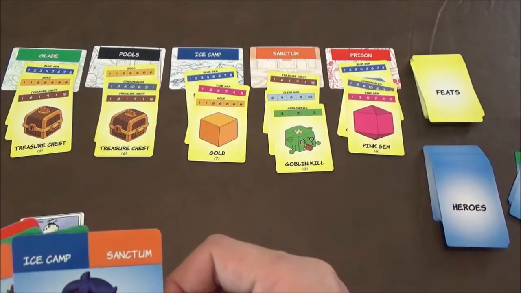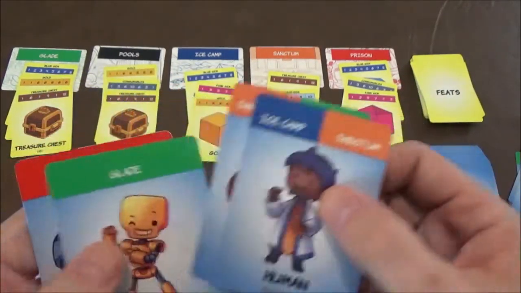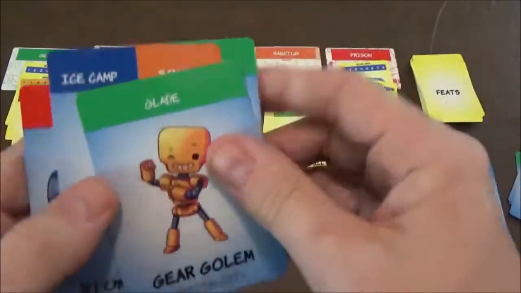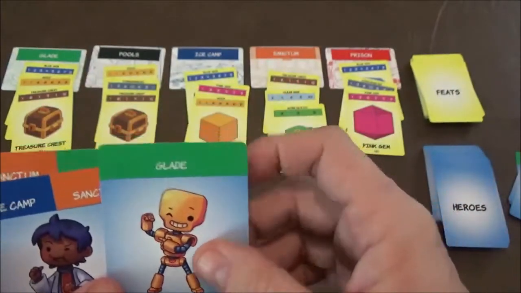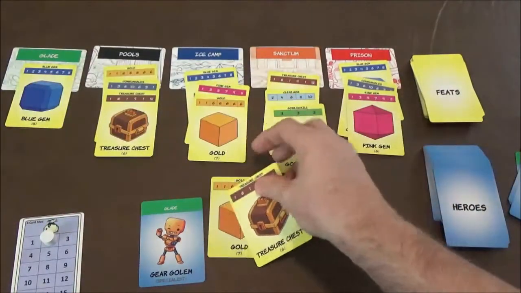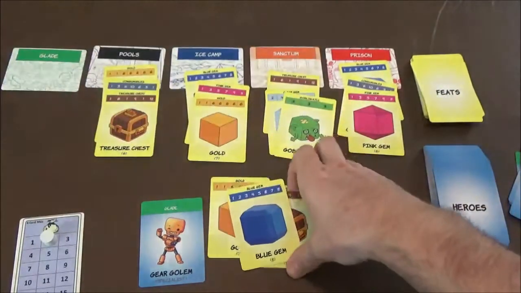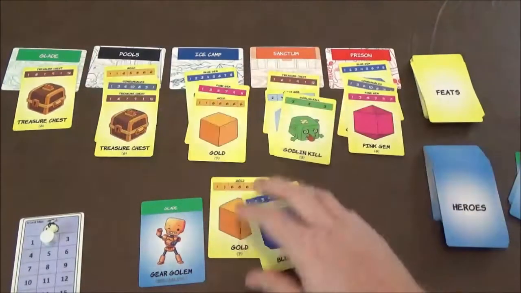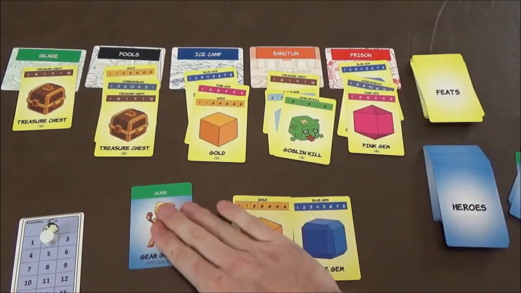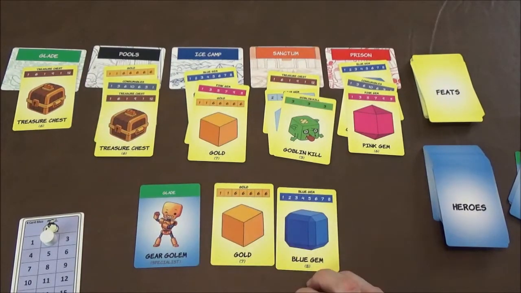So in this case we would say we're going to start with our specialist so we can get extra, and we're going to explore the glade. So you can take your 2 items that you want from there, and it doesn't have to be the top 2. You can pick and choose what you want. So in this case, we don't want the treasure chest. We'll take the gold and the gems. And we're adventuring. We just got back from an adventure in the glade where we picked up these 2, and